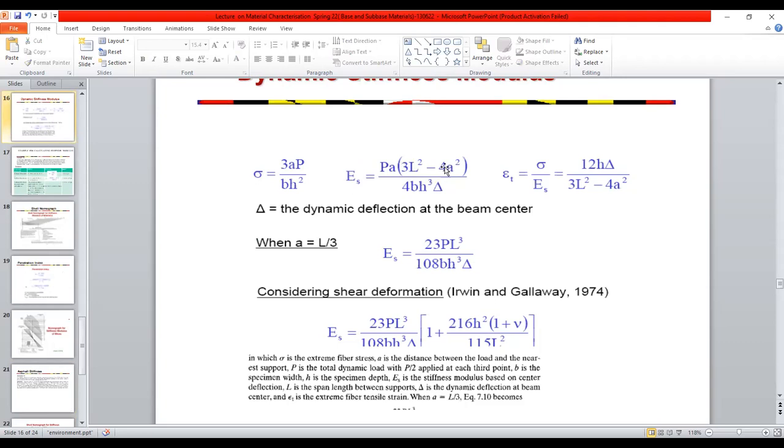So you can also know the stiffness modulus just using this equation. And all those other parameters like P, a, L, and delta are already defined. And you can also evaluate the tensile strain using this relation.